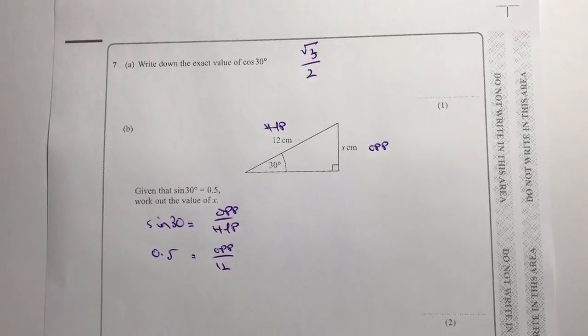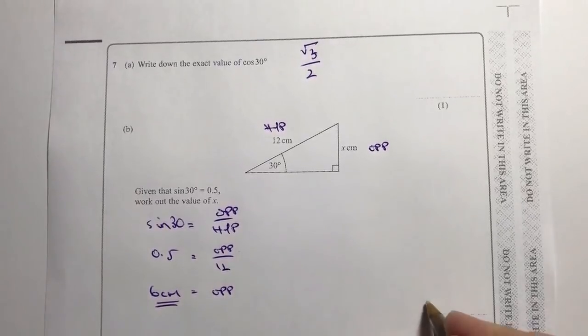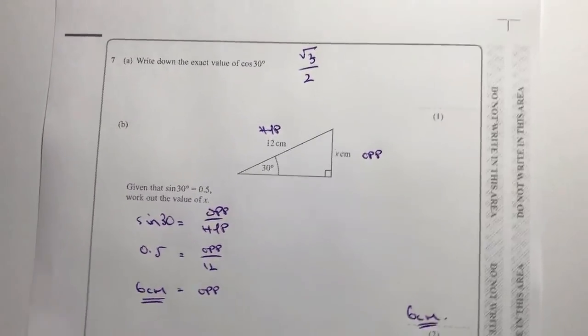Okay, well, if we want to work out that, we're just going to cross multiply, or multiply through by 12. So that's going to mean that the opposite is going to be 6 centimeters, and actually that's the answer to this particular question. Okay, 17 minutes into the video, let's move on then to question number 8,